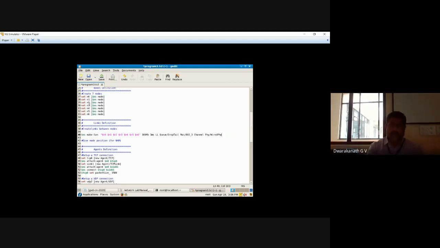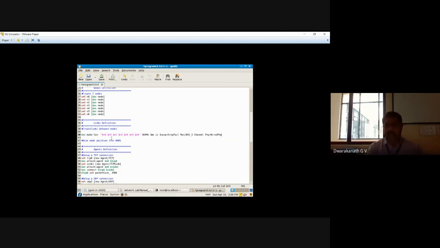So we have created nodes N0 to N6. That's why I'm taking $n0. If you take only n0, those are just characters, as in TCL, I've told very clearly. So $n0 means it's an object now, it's a node now. So $n0, no comma, only space, $n1, $n2, $n3, taking all six nodes into consideration,